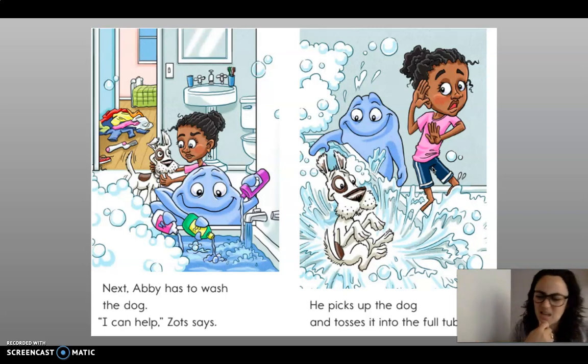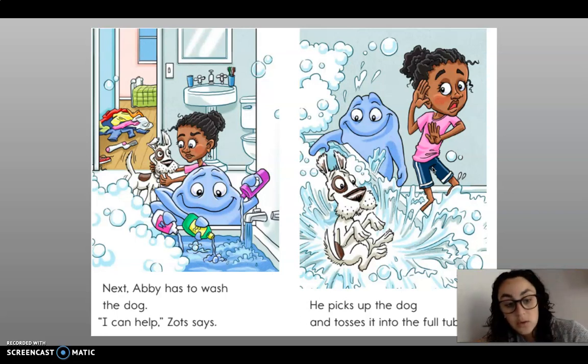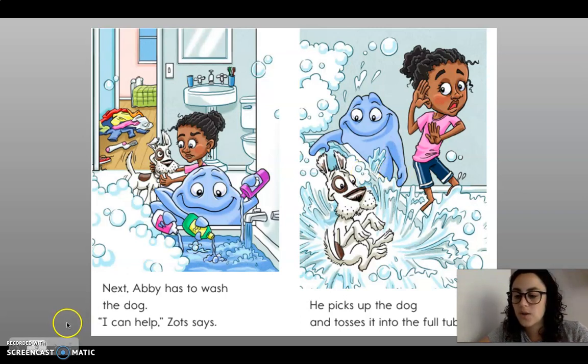Your brain should be thinking about books all the time. Something that wouldn't make sense, this would not be a good inference, I'll give you an example, is to say, I am making an inference that Abby and Zotz are in Washington, D.C. They very well could be in Washington, D.C., but there's nothing in the story that's giving me a clue that they're here in D.C. They could live a lot of places. It makes sense to say they're in their house, even though the author didn't actually say the words Abby is at her house. But that would not be logical to say that they're in Washington, D.C.